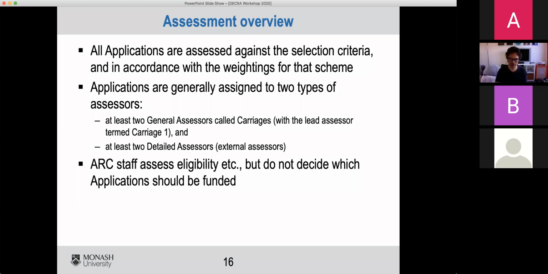The ARC staff have no role in deciding which grants get funded. The panel make a recommendation. The ARC convey that recommendation to the minister, and then the minister ultimately decides which grants are funded. It's not the college, it's not the panel, it's not the ARC who decide which grants are funded. They make recommendations. The minister decides which grants are funded. And it's always been like that. It's not a left-wing, right-wing government thing. It's the way that all governments do it in Australia.